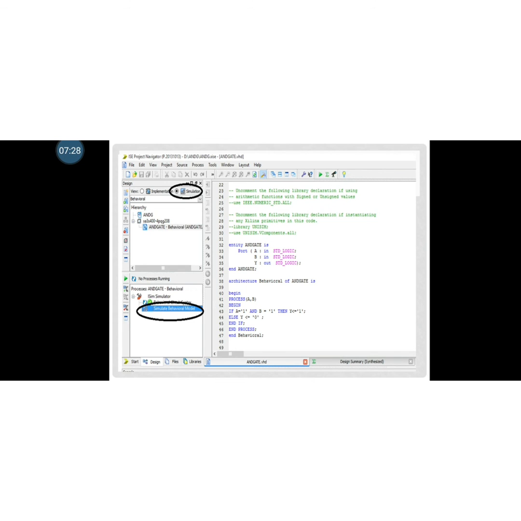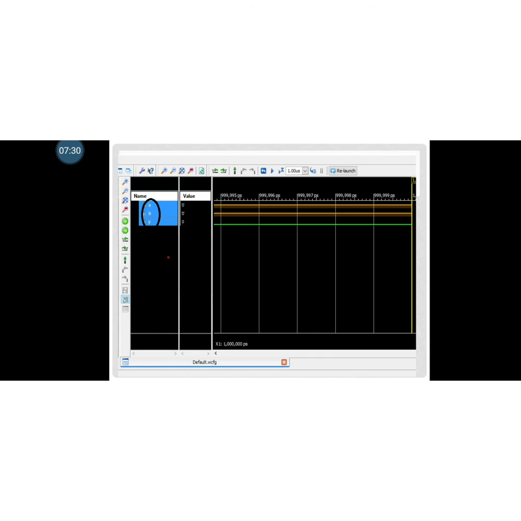After simulation, this window will be opened. This is the window where you have to give the inputs. You can write the test bench, and then all the output will be generated. Otherwise one by one inputs also you can give here. As you can see, initially the value is U and 0, that means initially I haven't given any inputs.